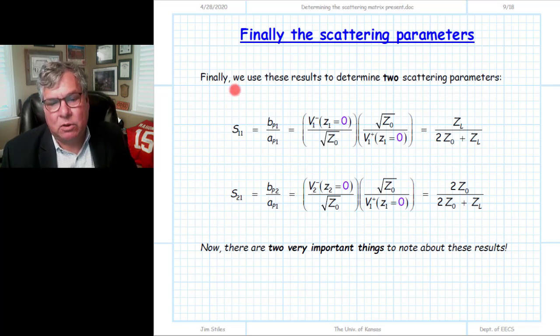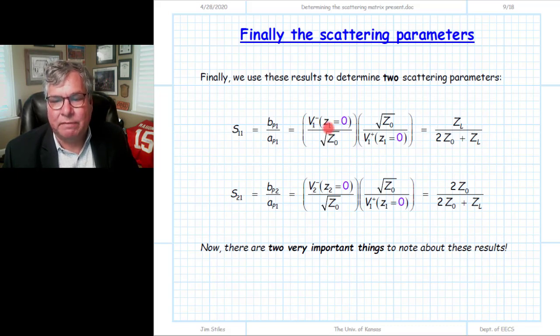So we know that the scattering parameter S11 is the ratio of the normalized wave amplitude B, this is the scattered wave, the exiting wave, at port 1, divided by the normalized wave amplitude A at port 1. This is the incident wave. Since it's A, it corresponds to the plus wave, or in this case, the incident wave on the port. So here is the definition: the normalized wave amplitude B1, and this is the inverse of the normalized wave amplitude